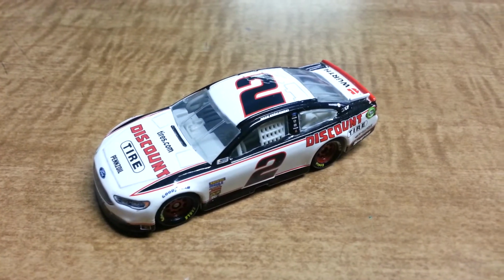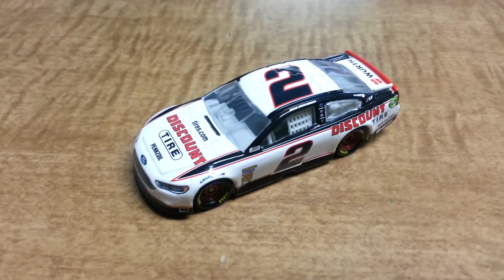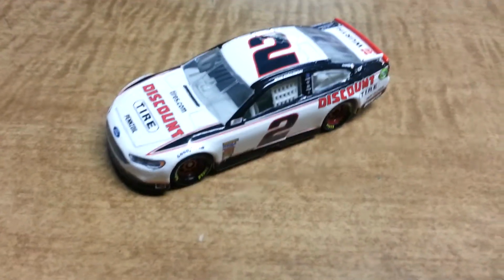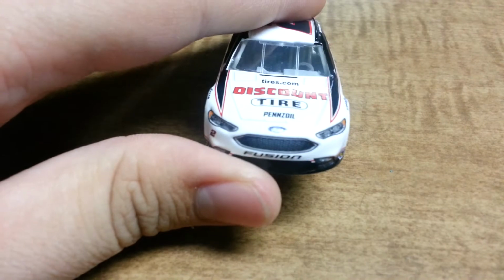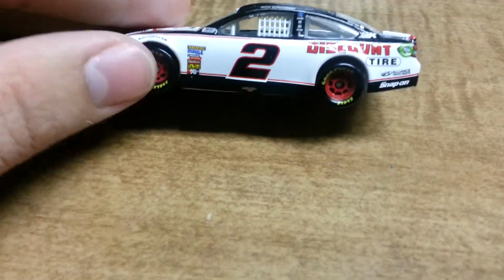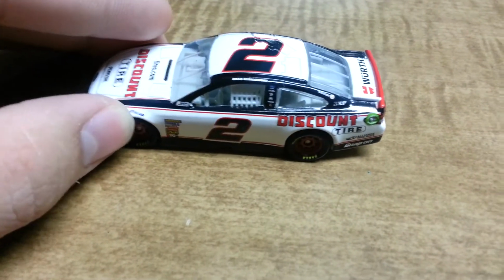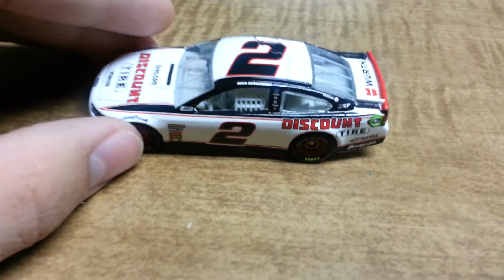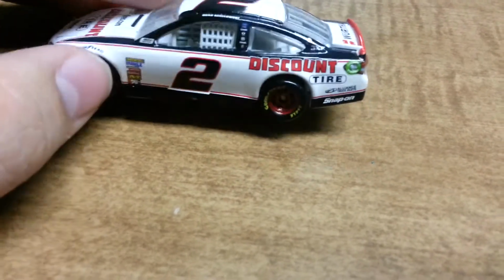Here we have Brad Keselowski's #2 Discount Tire Penske Racing car. This is not the exact car, but it's a replica of the one that he ran in the Daytona 500 this year. I forget which place he finished, but this is it. And this is also part of Wave 2 of 2018 and the Daytona 500 wave. And he also has a Worth Racing paint scheme, and I believe,